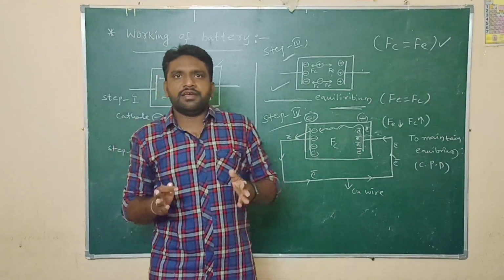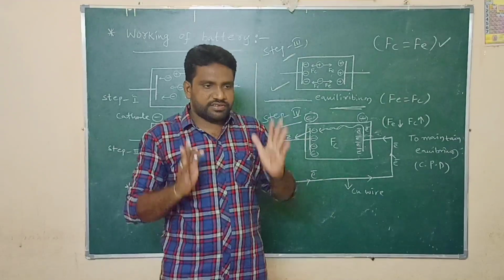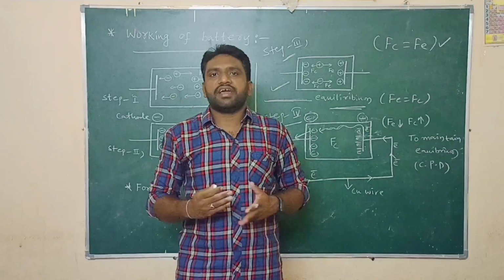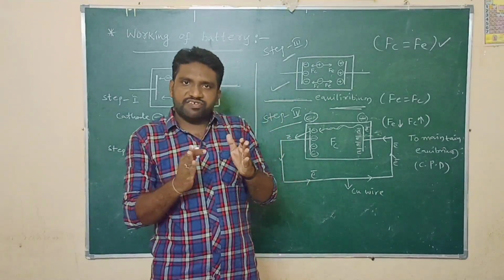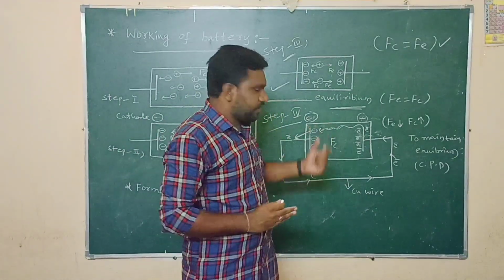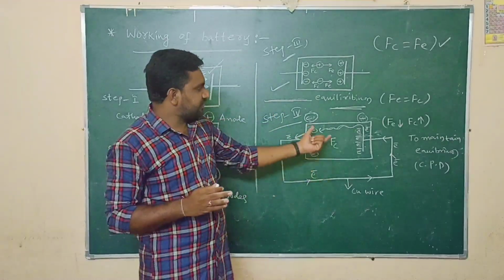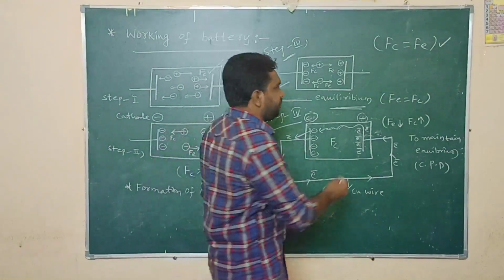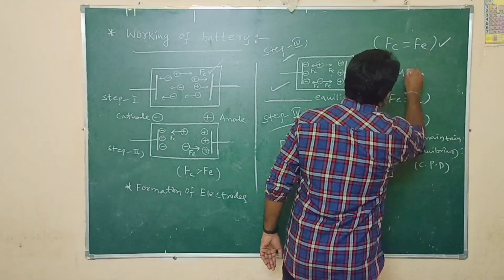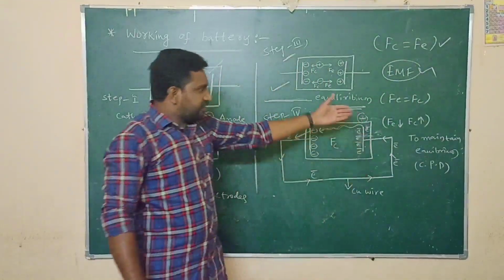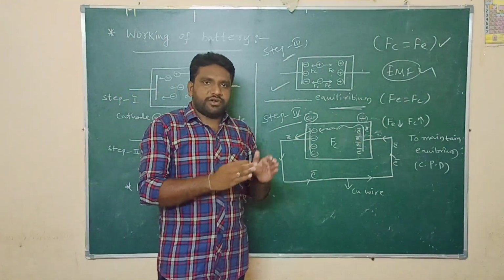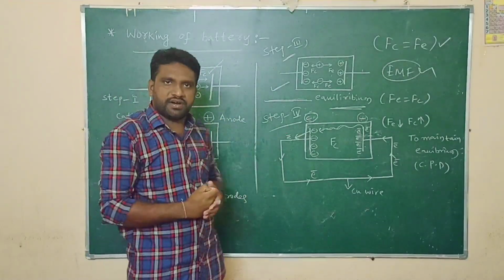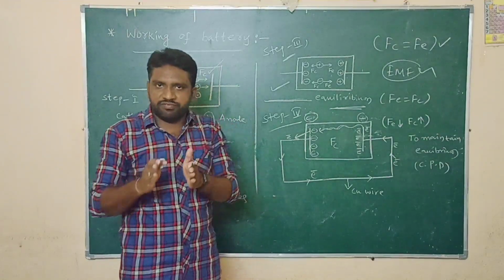So there is a link between three things. So what are the three things here? First of all, the battery has to maintain the chemical energy. The chemical energy used by this cell to maintain constant potential difference is nothing but EMF. What is that? Electromotive force. So when there is no electromotive force, there is no potential difference. When there is no potential difference, there is no flow of current. That is the link between EMF, potential difference and current.